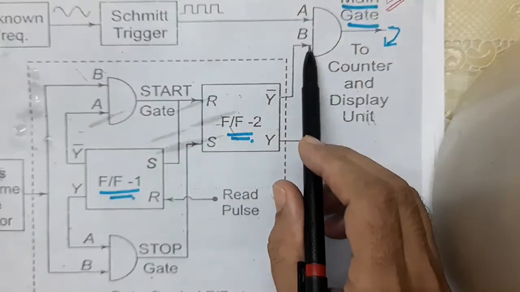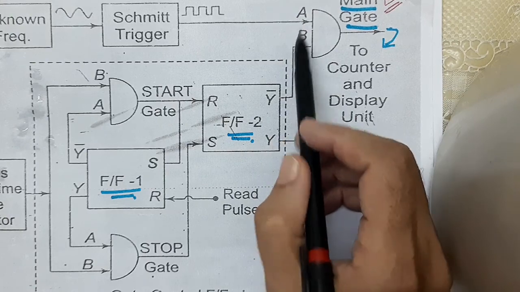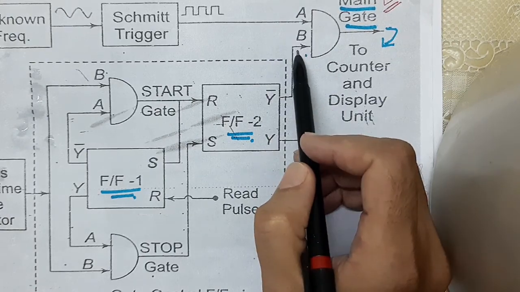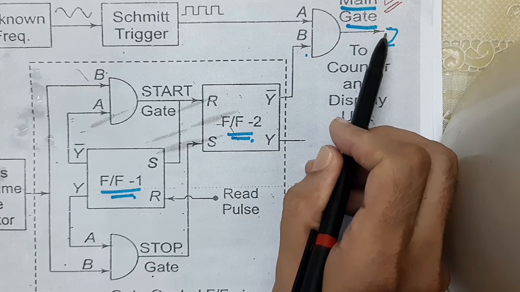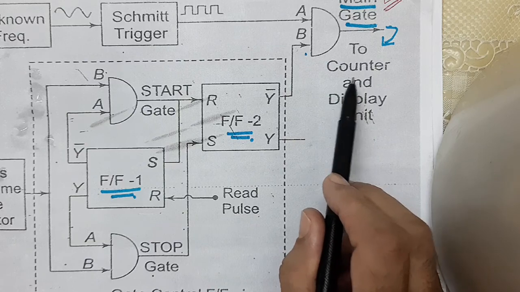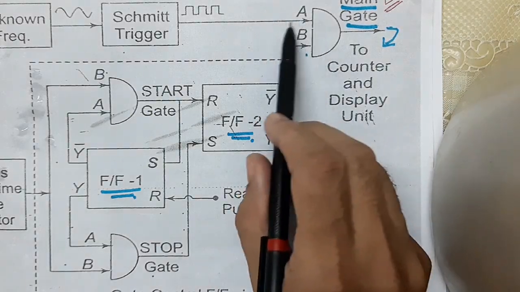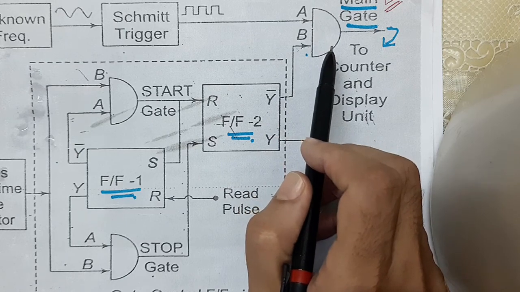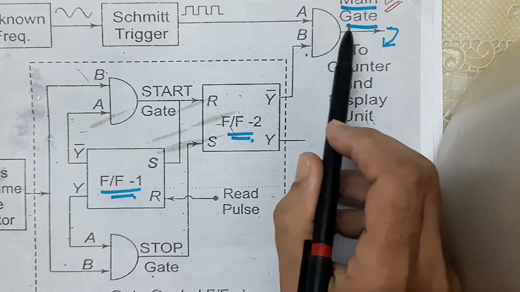This is your signal P. When both the signals are at level 1, or 1 1, then we are getting output, and there is a counter unit or display unit which counts how many pulses of the signal are coming from here. We can measure the frequency, the number of